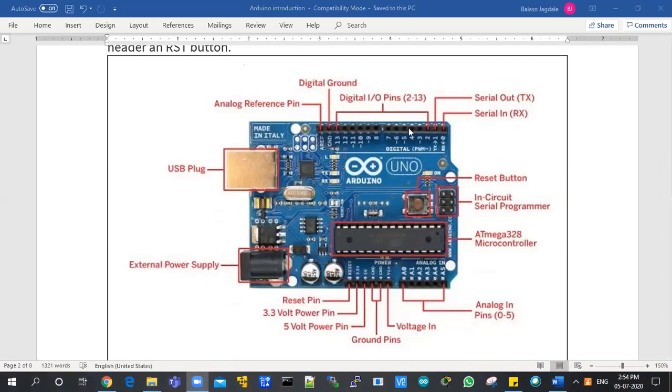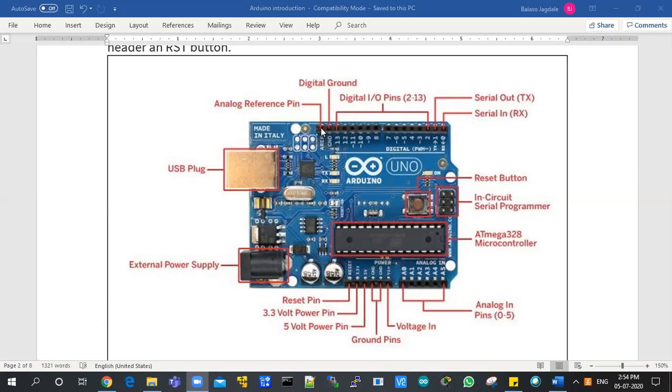So I told you these are the IO pins, digital IO pins. There are 14 pins. They are multi-purpose. Even these 2 pins act as serial output and serial input, where you can connect the UART and USART kind of interfaces directly. And with some libraries, you can send data very easily. You don't have to implement the protocol of the UART or the serial synchronous or asynchronous communication.